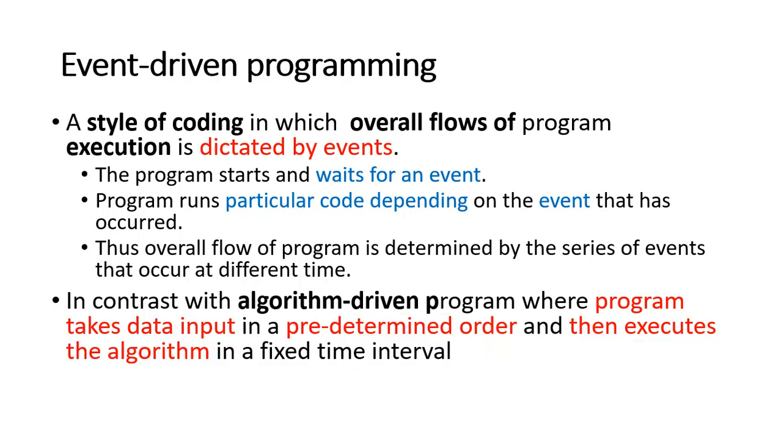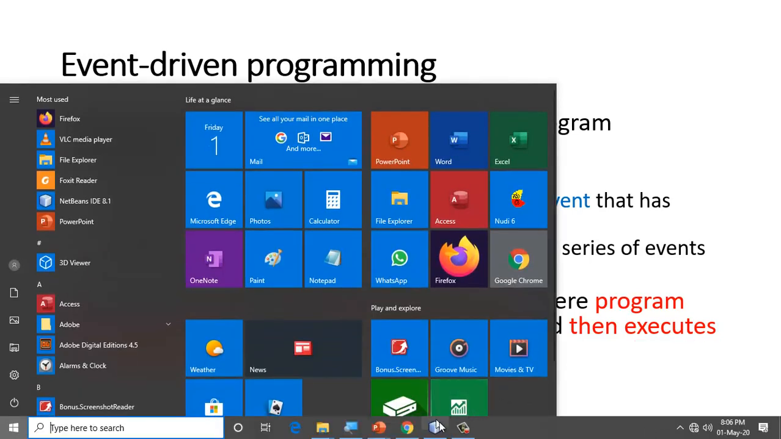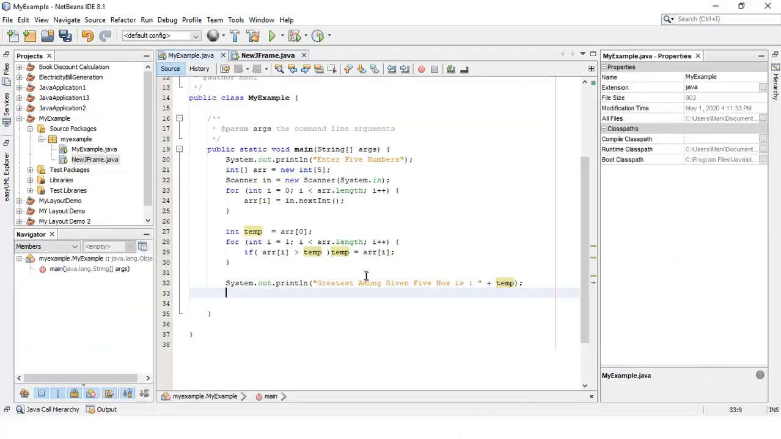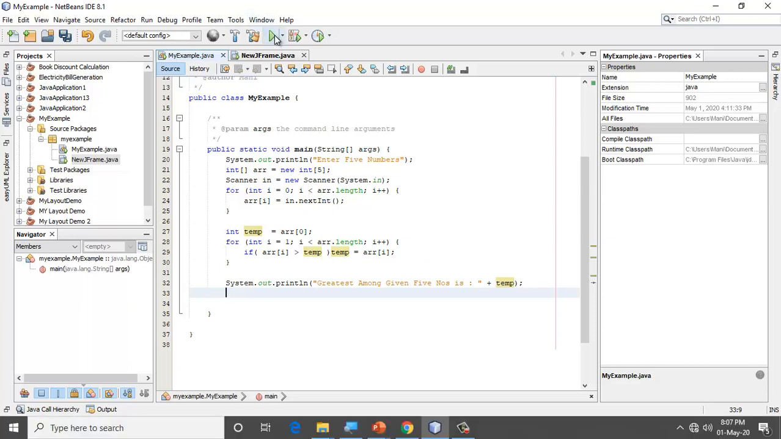To give you an example, I have a program here that finds the greatest among 5 numbers. Now, this algorithm that I am using is a very trivial algorithm, which is not a great algorithm as such. But just to give you an idea how the algorithm programs really work. So I execute this program,